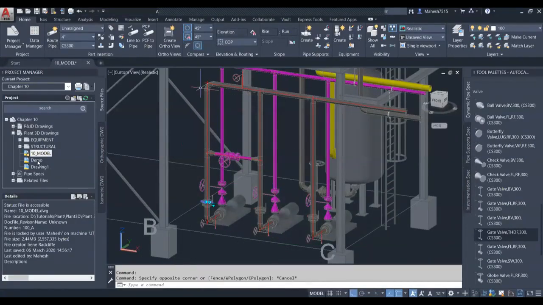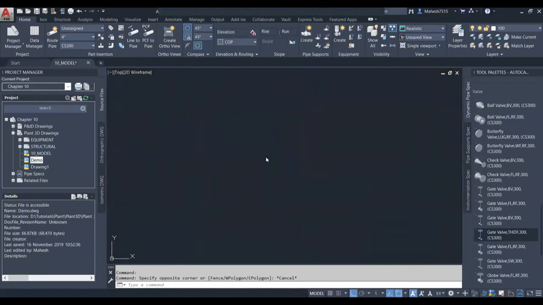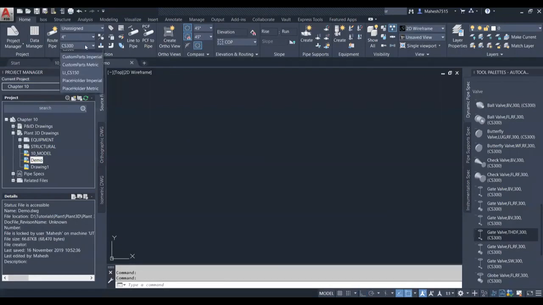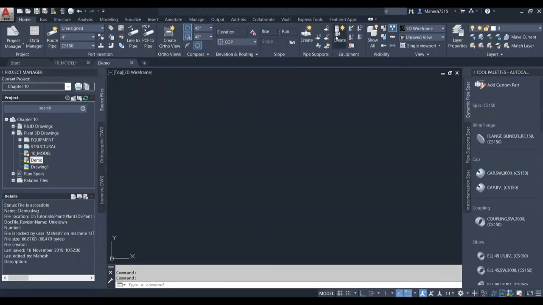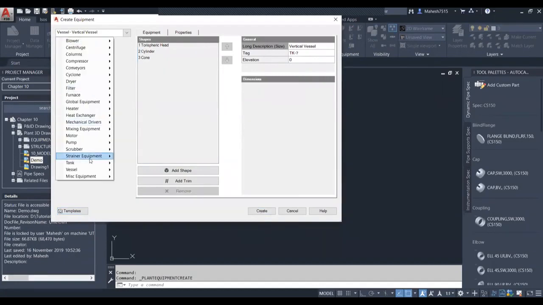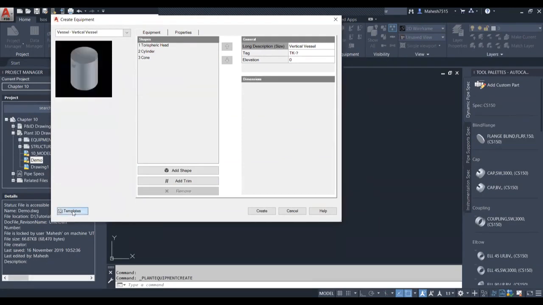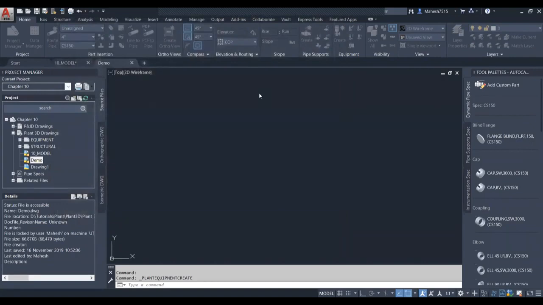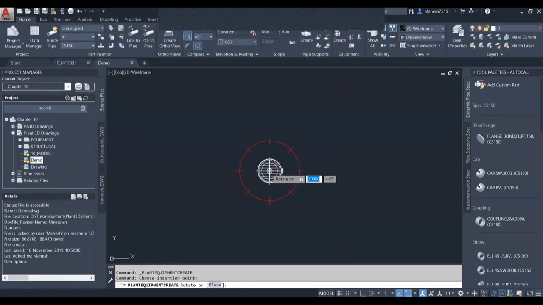We'll open a new drawing. We'll create an equipment, we'll place the equipment. We are not going to create it, it is already created, and we have many inbuilt options to create, as well as inbuilt equipment inside Plant3D. We can also bring our own equipment and add it as a template. So once you save it as a template here, we can load it from here itself. So see, create, place it here.